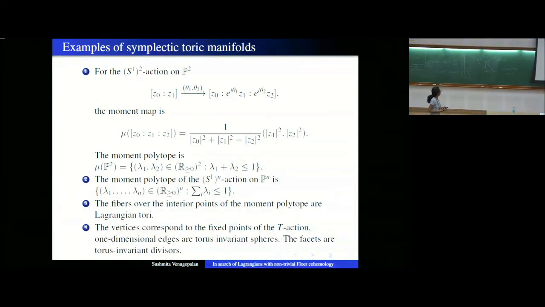So above every point, you have a circle as a fiber, and facets, meaning codimension 1 boundaries of the moment polytope, they correspond to torus invariant divisors. So in the P2 case, you have 3 torus invariant divisors which go to these 3 sides of the triangle. Okay. Yeah, and similarly, we can do Pn, and